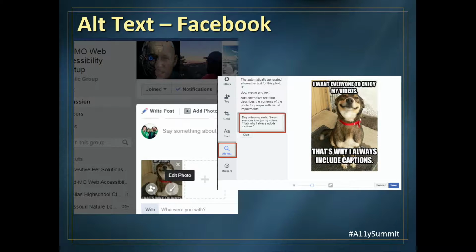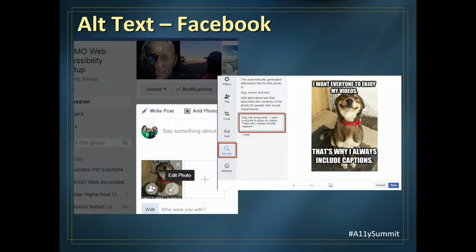I won't step through and explain, since he actually stepped through how to do it. But in Facebook, you can add alt text through your edit photo options. You can do it with the desktop version of Facebook, but unfortunately not with the mobile. Maybe one day the mobile will catch up.